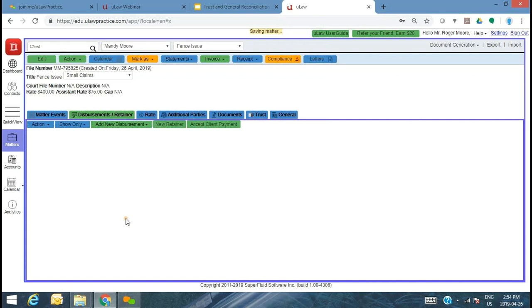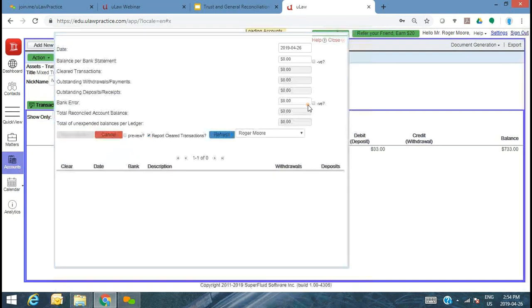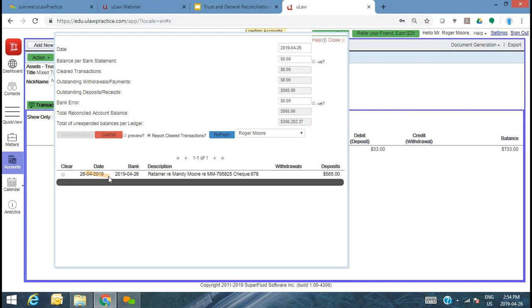So now you've entered this into the bookkeeping system. For the purpose of the demo, again, I'm assuming that the bank has recorded you actually have deposited into the bank because you have 24 hours, or rather that's more from a cash situation, but technically it would be great if you can deposit that right away into your trust account. Now let me go back into my accounts and show you when I do my trust reconciliation. You do see that one transaction right now. Before it was empty, but as soon as you've entered that data into the system, it right away shows you that this is one transaction that has been recorded. Okay?